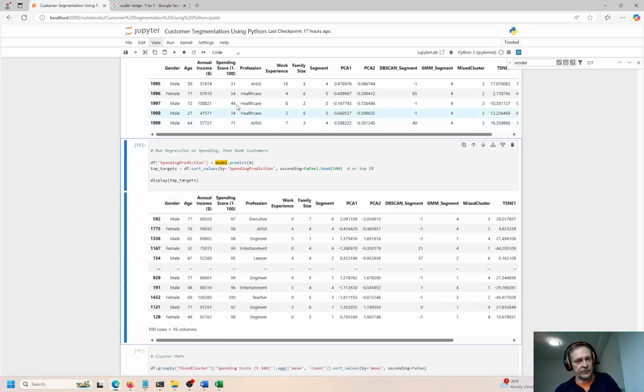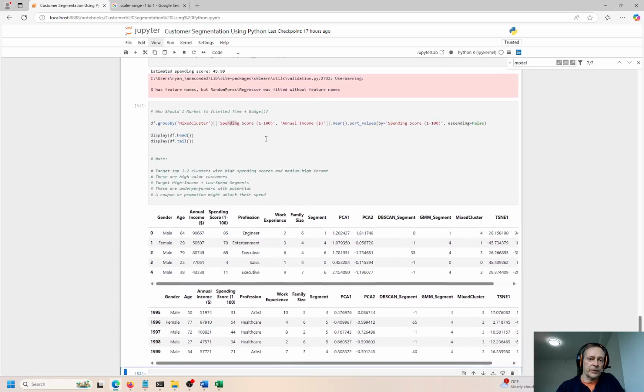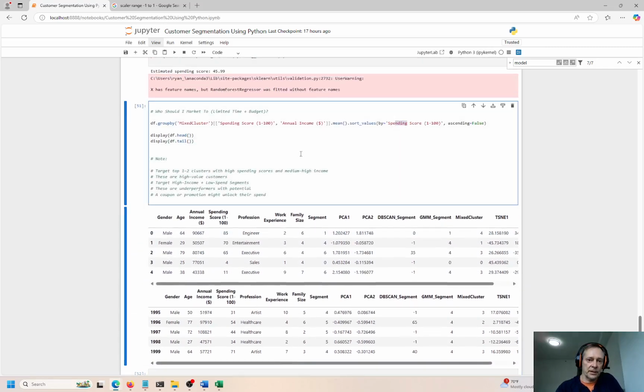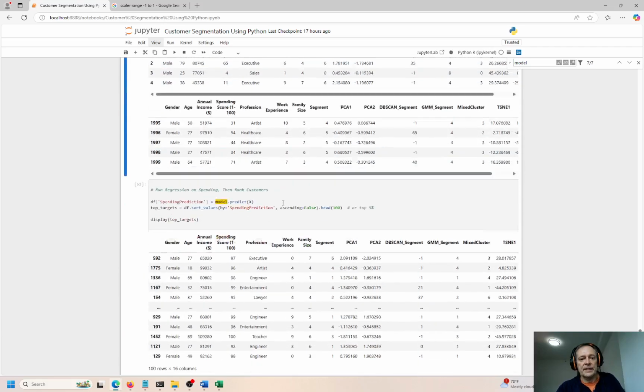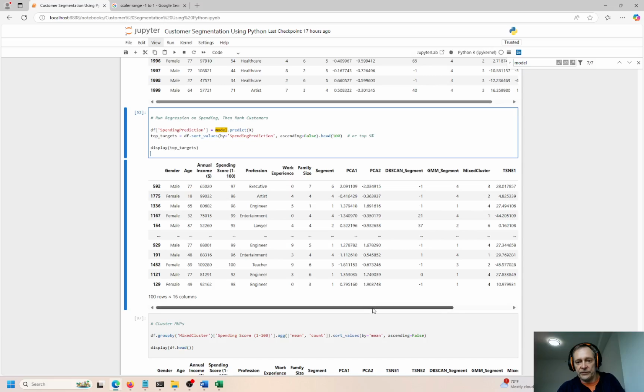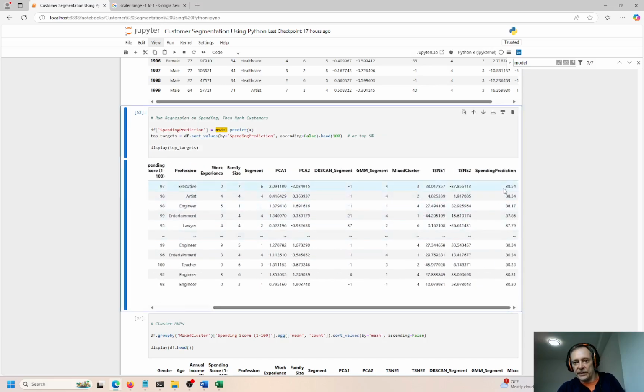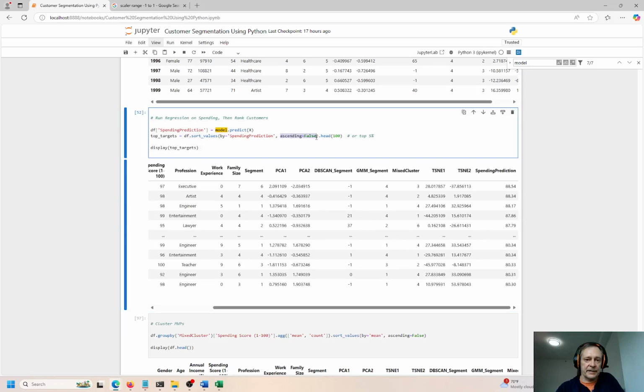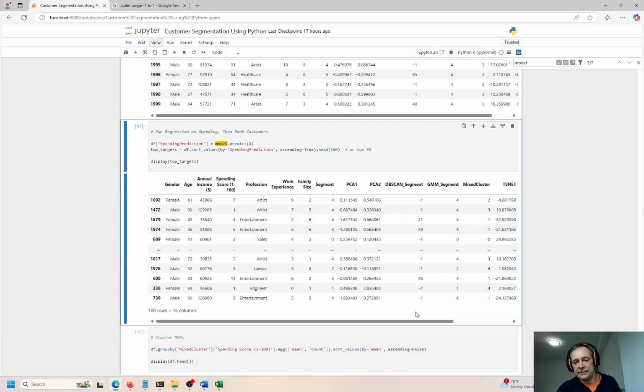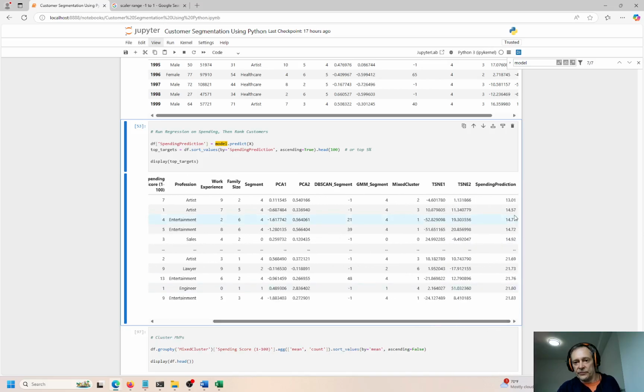Okay, so we have the top spenders over here, sorted in descending order by spend score, right? And that comes from a combination of mixed cluster and spending score plus annual income. And now we're using the models to make predictions. And the model says the spend predict is about 88%, 88%, 87%. So again, we are sorting in descending order. If I did ascending equals true, then we're going the opposite way, right? That's how that works. But we're going descending because I want to see the top spenders over here, and you can see this is